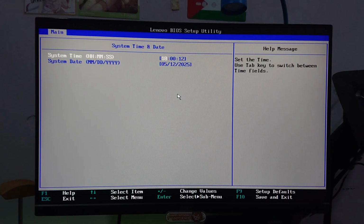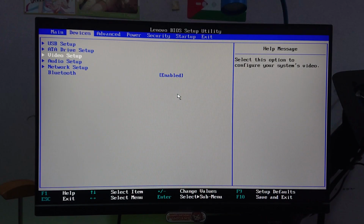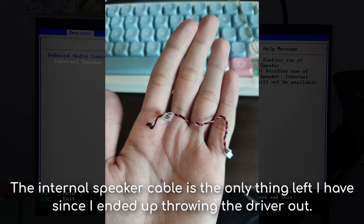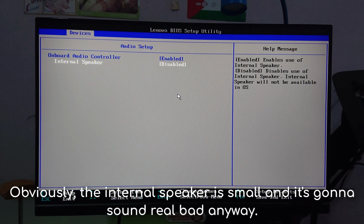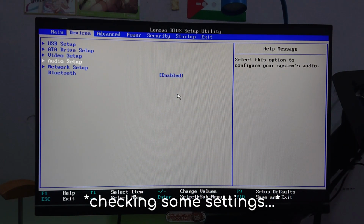Time of day should be correct. It was 2 minutes off, but that's fine. Here's stuff I did here. Frame buffer size should be 512 megs. So I did disable the internal speaker because apparently I ripped off the internal speaker cable from the speaker itself, so I decided to leave it disabled, so it's totally unnecessary for that. I left the onboard audio controller on because, yeah,